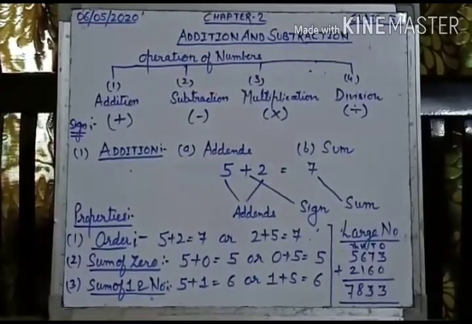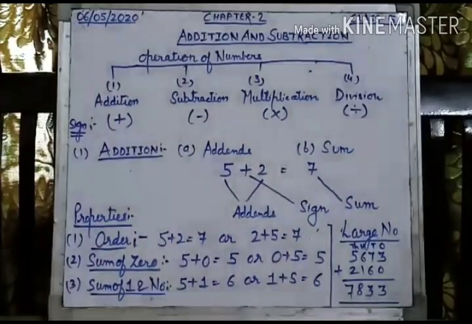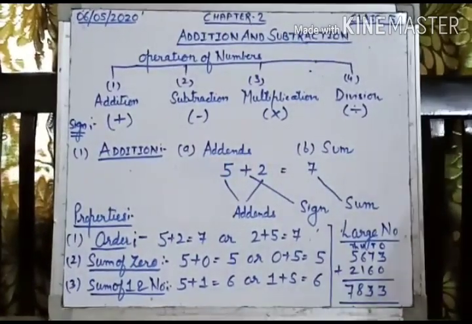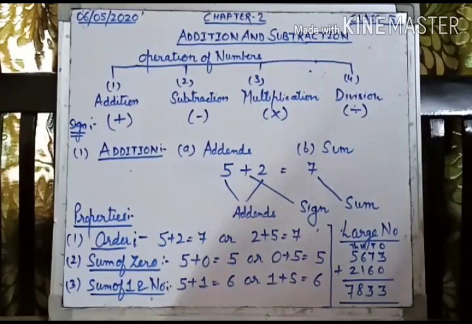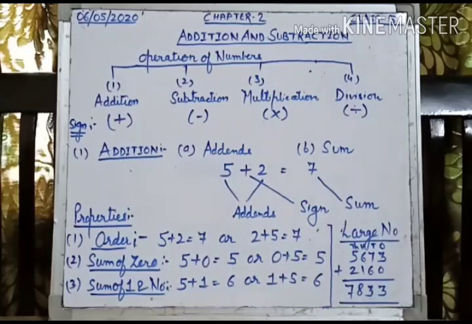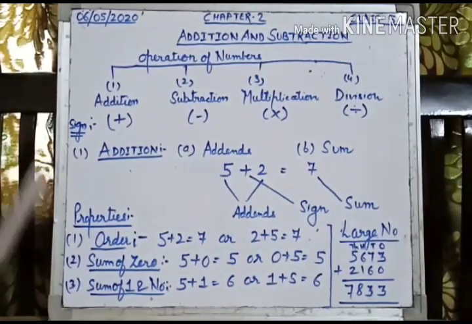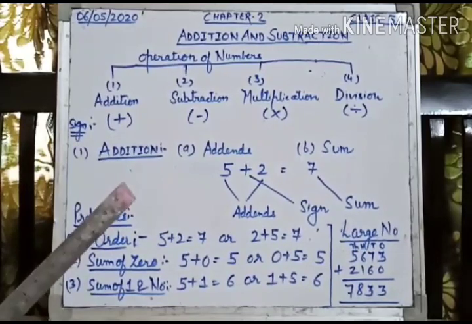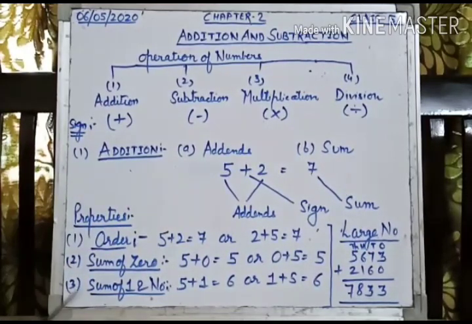The second property is when we are adding 2 numbers and one of the addends is 0. If we are adding any 2 numbers and one of the addends is 0, the answer will be the number itself. Are you seeing that 5 plus 0 is equal to 5? Or you can say 0 plus 5 is equal to 5 only. If I am adding any number with 0, the answer will be the number itself.